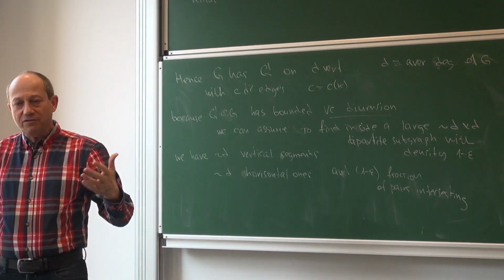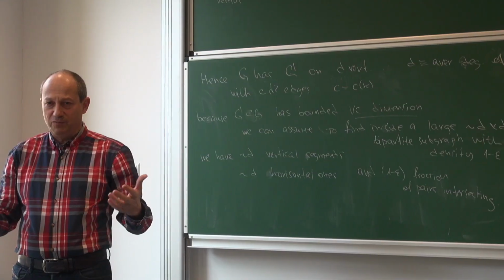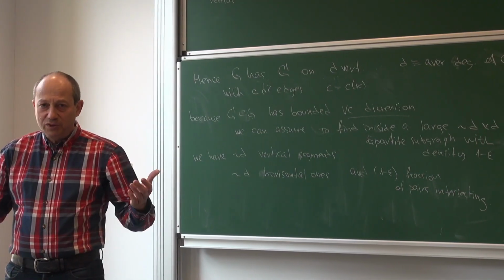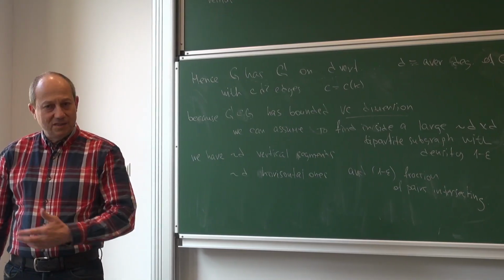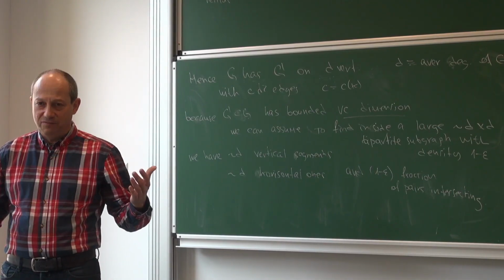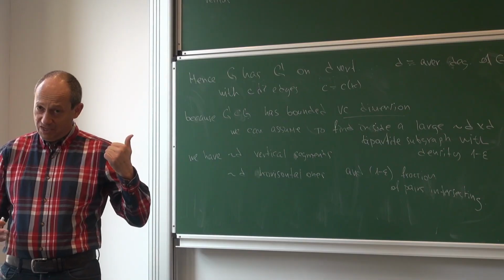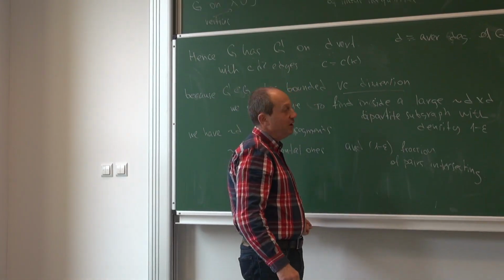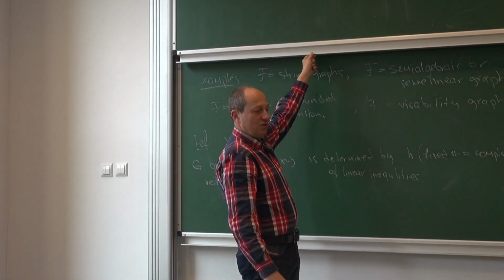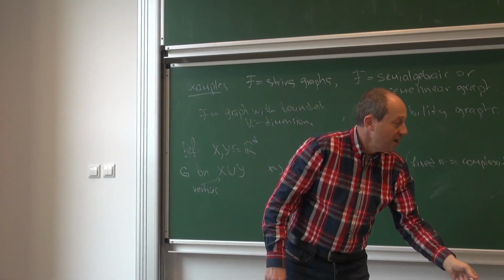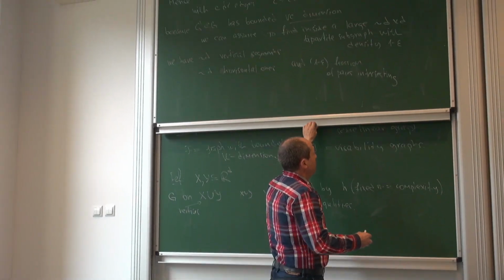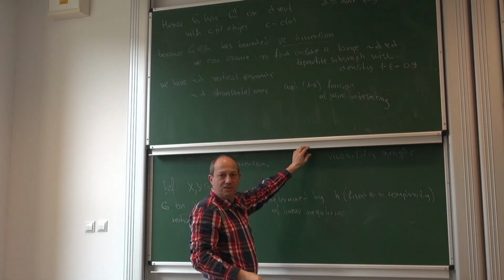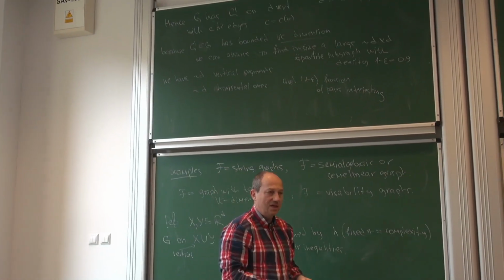Now, if your graph had been random, of course, this would not happen. We know that if you take a random n by n bipartite graph and you put edges with probability 0.9, still the largest complete bipartite subgraph would be logarithmic. But these objects are geometric, and we can capitalize on that. So let me show you that if you have these vertical segments and horizontal segments, and 1 minus epsilon, say 0.9, I don't need this epsilon to be minuscule, intersect, then I get a